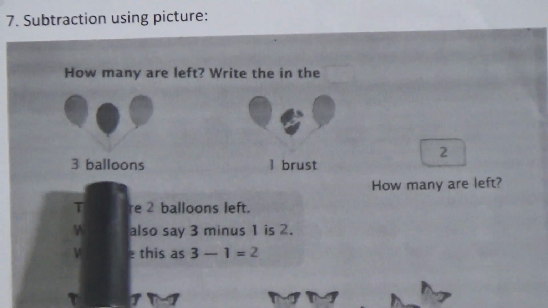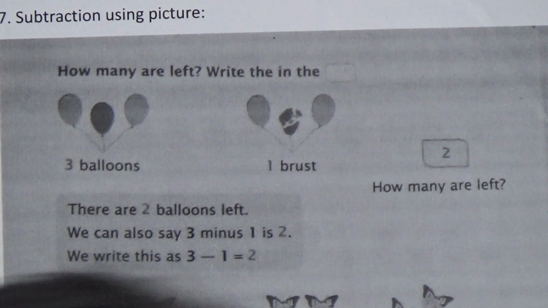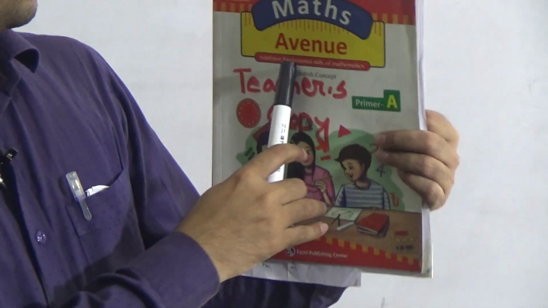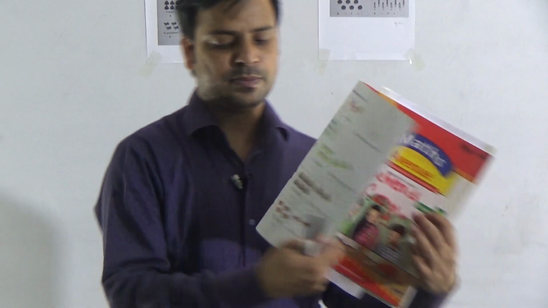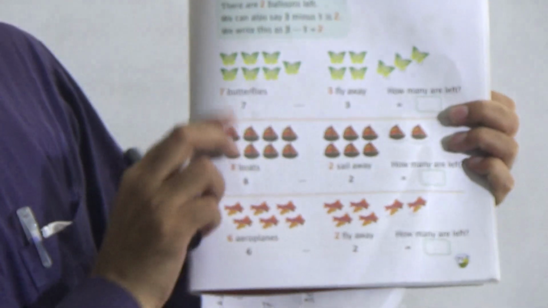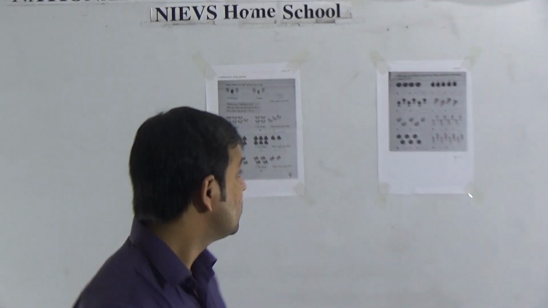Now see, this is taken from your book Success Maths Avenue. This is taken from your book Maths Avenue, and I will solve two pages. First one is page 71. Page 71. This page I will solve at first, and then I will solve page 72. Okay, dear students, now see page 71. Here